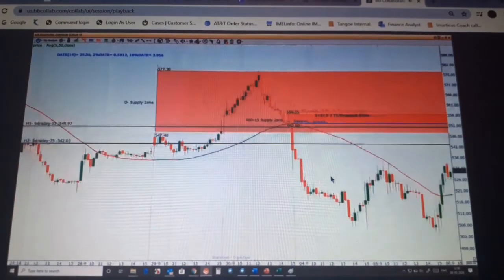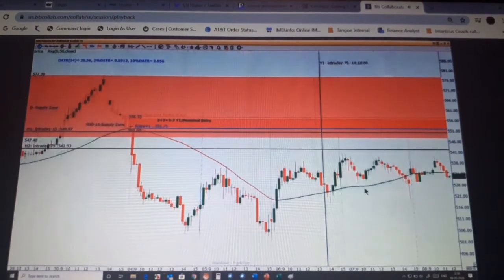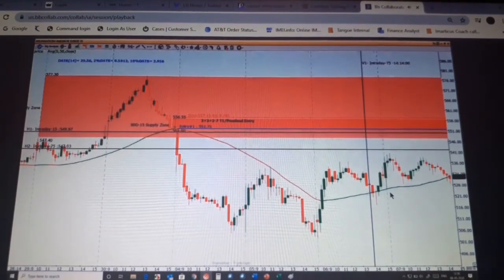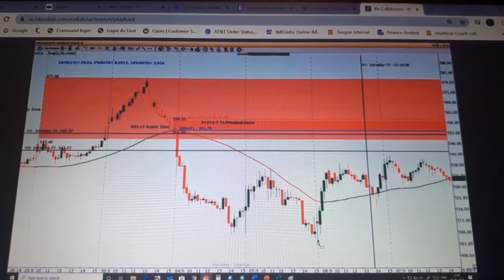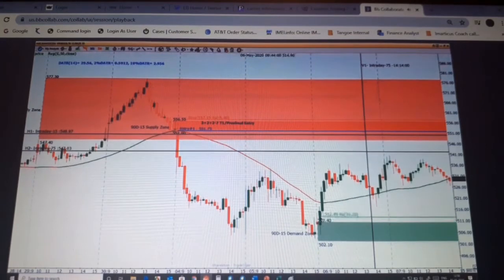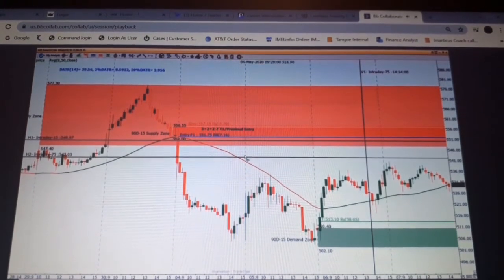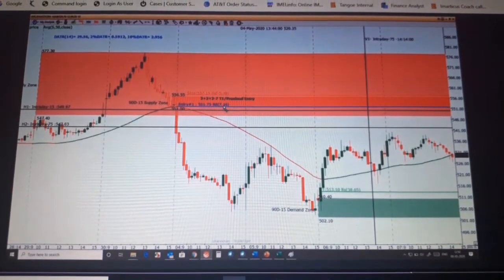Now, I look for my opposing level of demand. So yesterday, where was my opposing level of demand? This was my opposing level of demand. So am I getting more than 3:1 at this level? If I set this target line, am I getting more than 3:1? Can you see it, 7:1 over here?